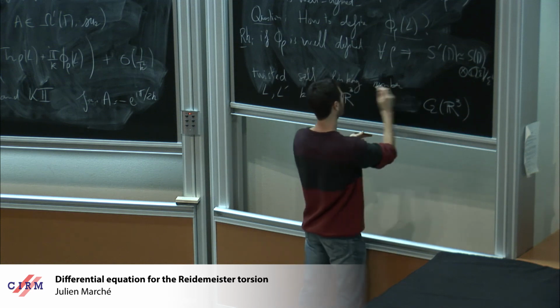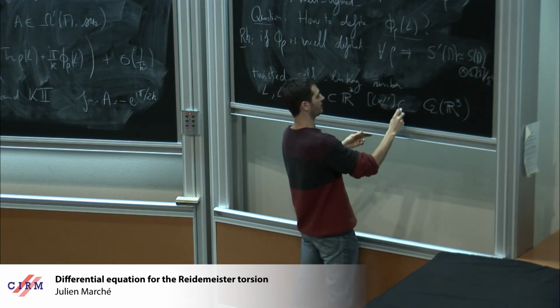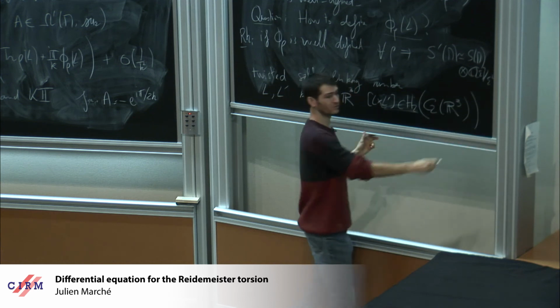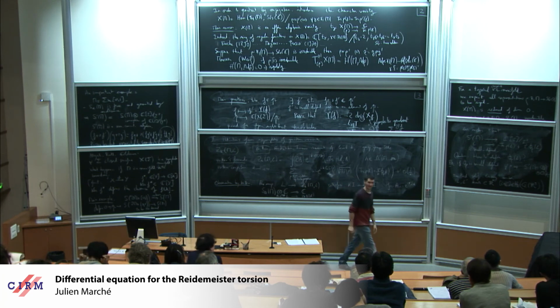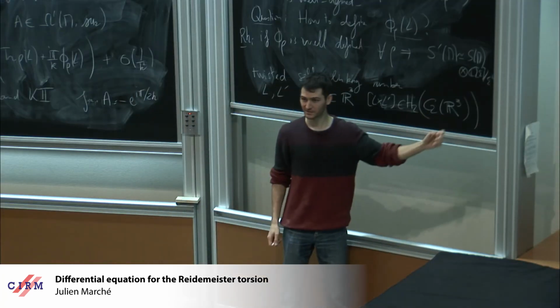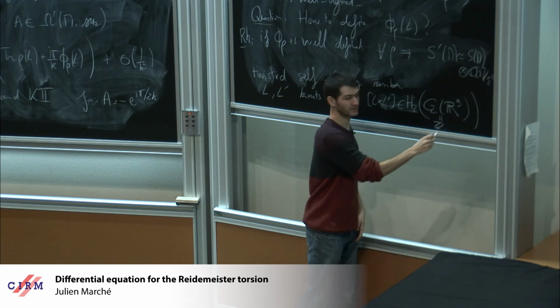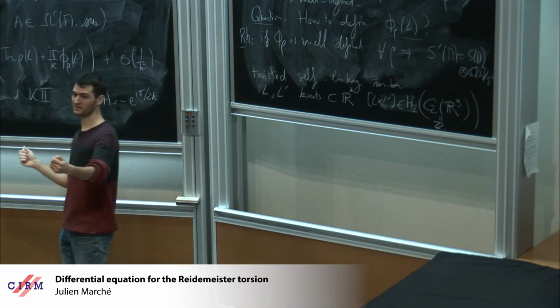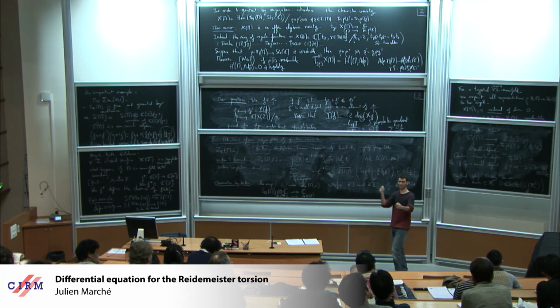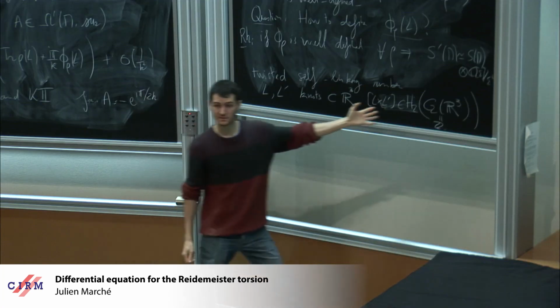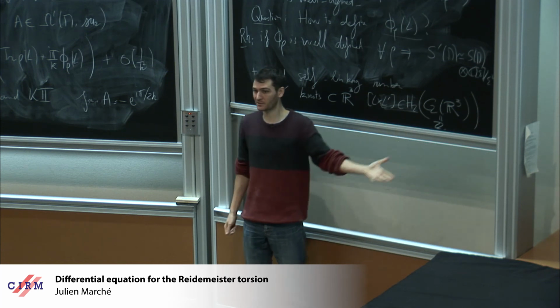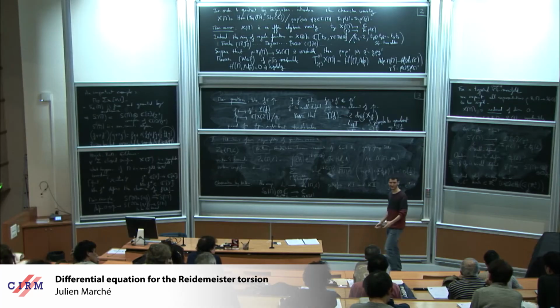So this is an element of H2 of C2 of R3. Okay, it's just a kind of trivial cycle. And if you do a computation of that, you will find that this is Z. Because you take 2 points in R3, you can just consider the vector which joins the first point to the second and normalize it. It's a sphere, S2. Okay? It's homotopic to a sphere, so this group is Z, and the class of L cross L prime is just its linking number. So this is a kind of trivial way to define the linking number.